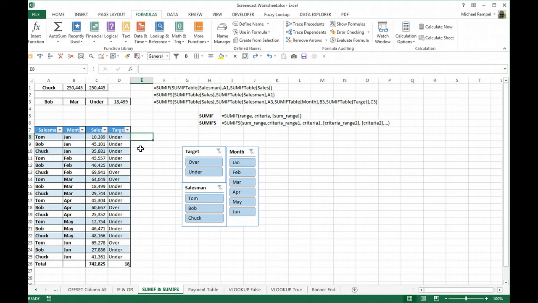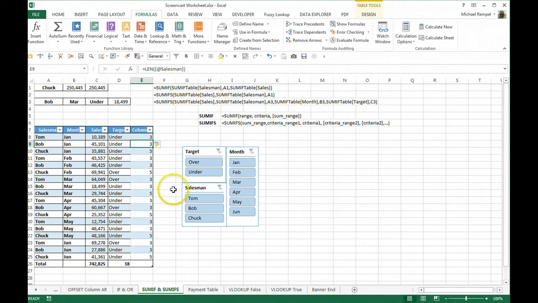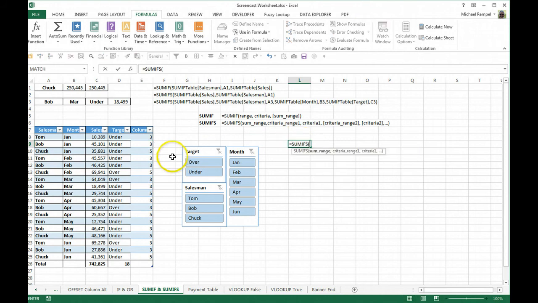So if here we did equals LEN and did the length of the salesman's name, and that added a helper column here identifying those lengths, and then we can just do equals SUMIFS, and the sum range again would be the sales amounts. The criteria range now, instead of being the salesman's name, would be the length, and the criteria would be greater than 3. Hit enter, and I have my 250, 455,